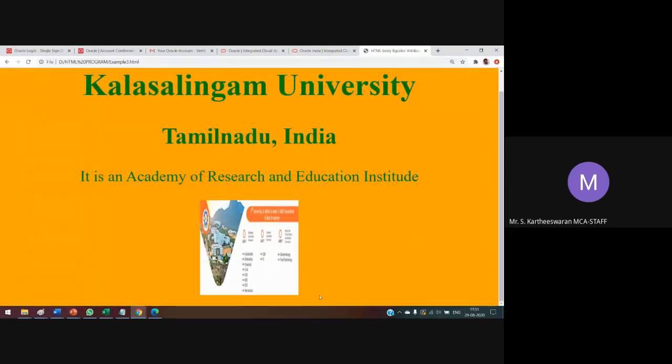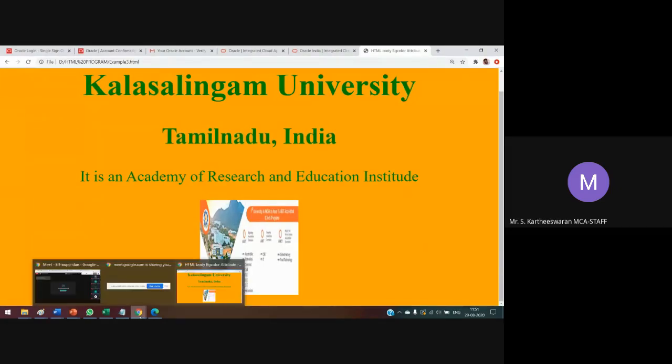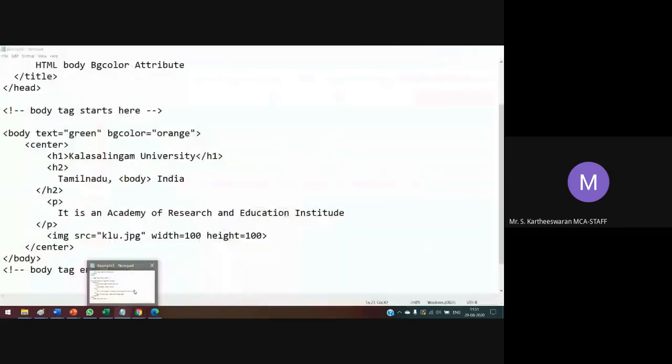Well, you have to reduce some sizes. Yes, I have to choose H4. Here it is H5, header 5. You can choose up to 7, but now you are using header 5. Here H4.